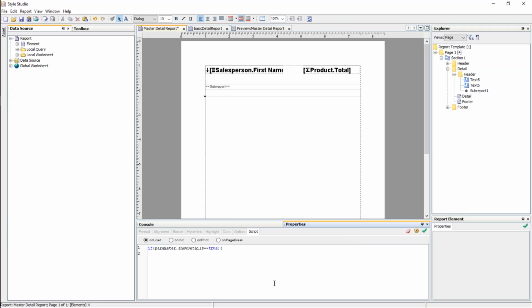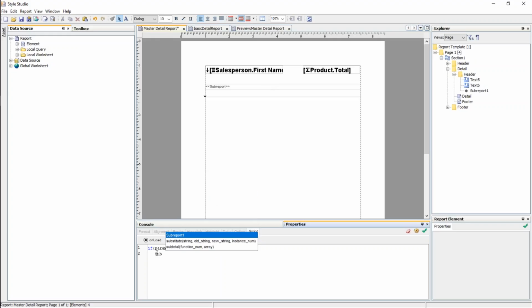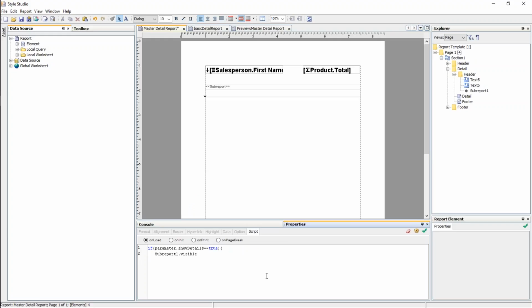then what I want to do is show the subreport. So the way that I do that is I find the name, and I'm just doing this by typing. You could also do this if you had the full script editor, which has a list of all the components in the report, and you could select from the list. But something as simple as this, you could just type it also. You can see that it's prompting me as I type, and the name of the subreport is subreport1. That's the name of the component. Subreport1 dot visible